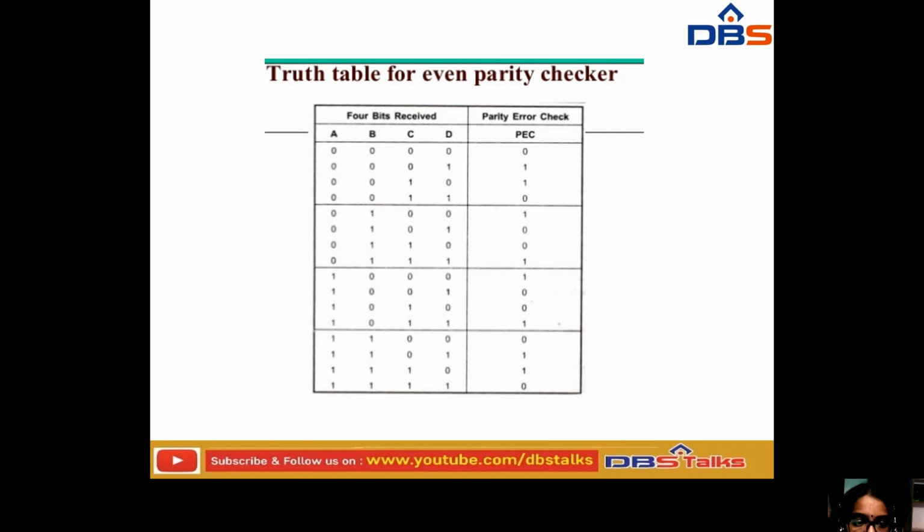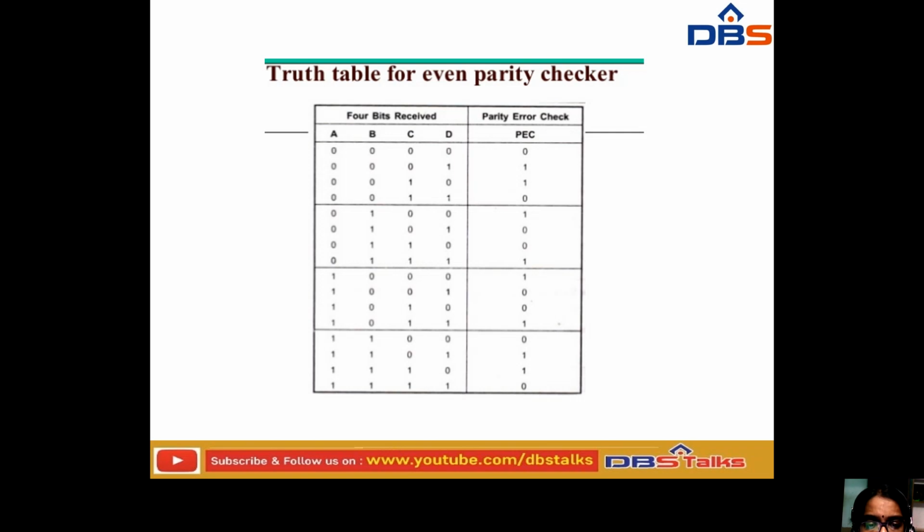And here at 0 1 0 0, the parity check is 1. And here 0 1 0 1, the parity check is 0. And next one is 0 1 1 0, that is 6, the value is 0. And next one is 0 1 1 1, it should have one even parity. Why? Because to become even, we have to add the number 1, so it will be the even parity. Next one 1 0 0 0, that is 2 cube, we should have one even parity.